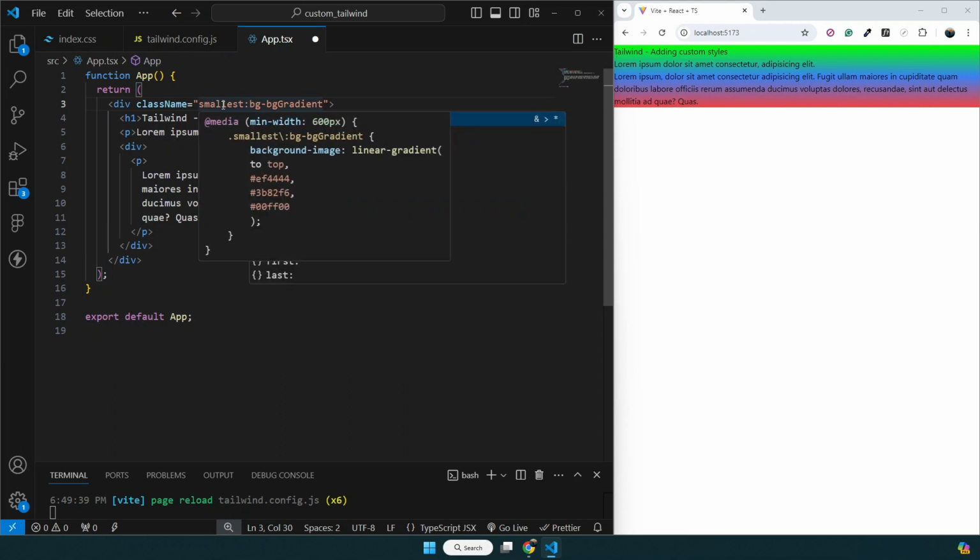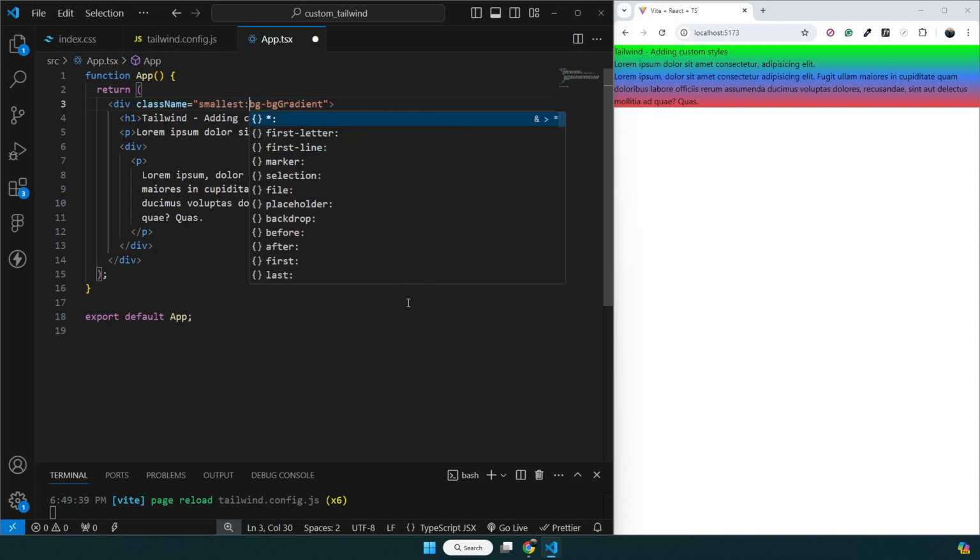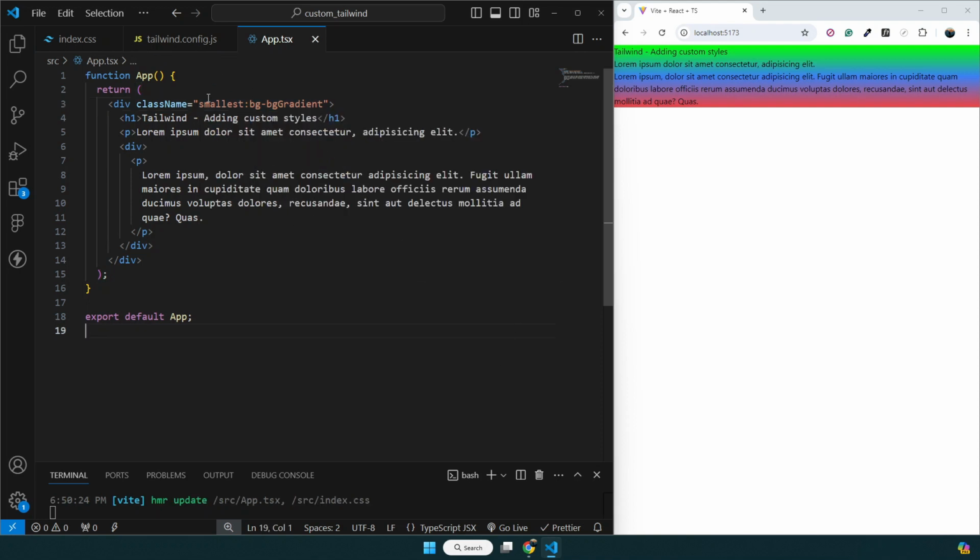And if you see here, Tailwind added this class and this style to this class, right? Whatever we provided to top, we get the 3 colors, and we get the black background image linear gradient. This is the style that will be added for this smallest size. So if I save it, now